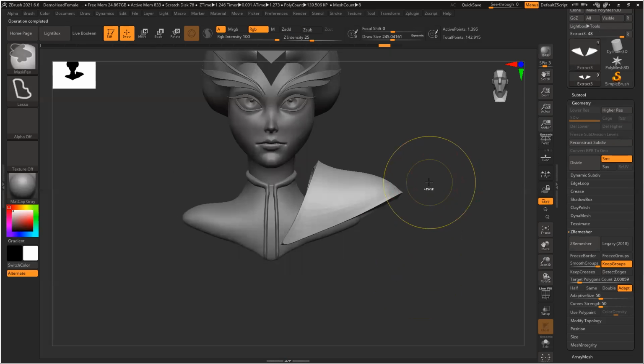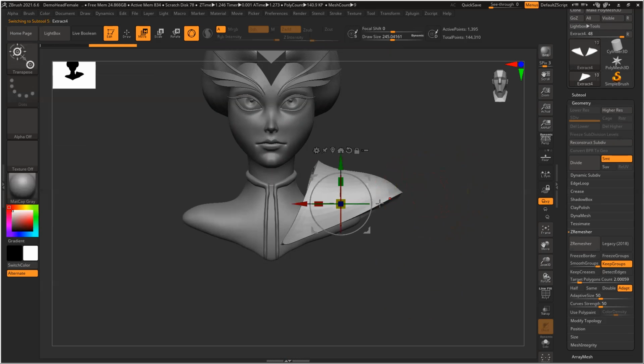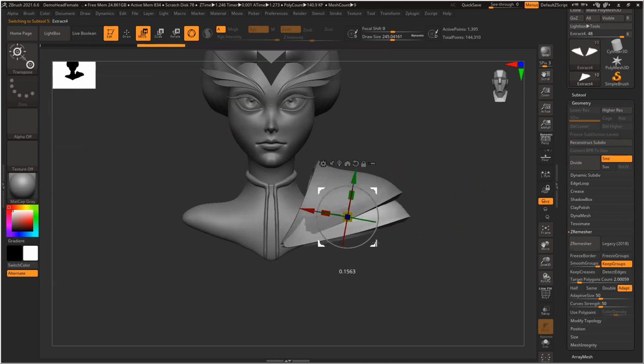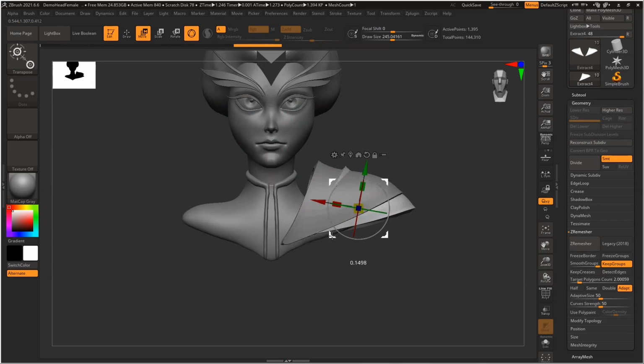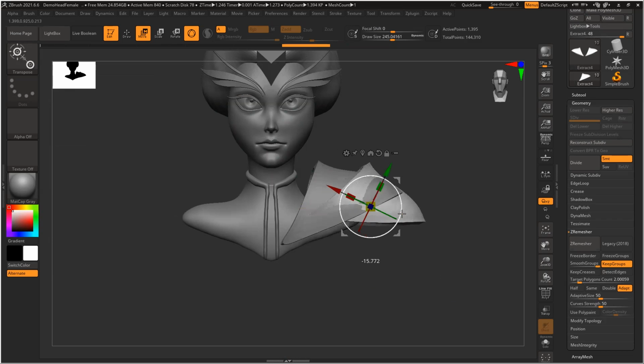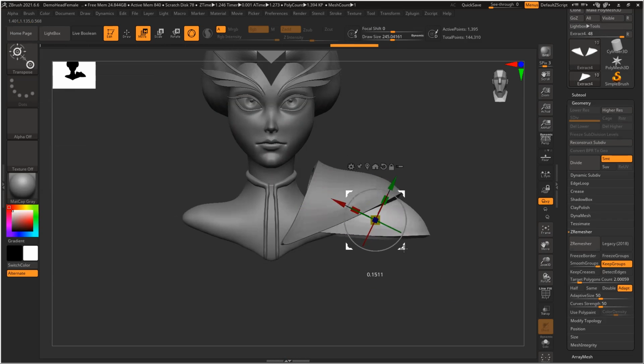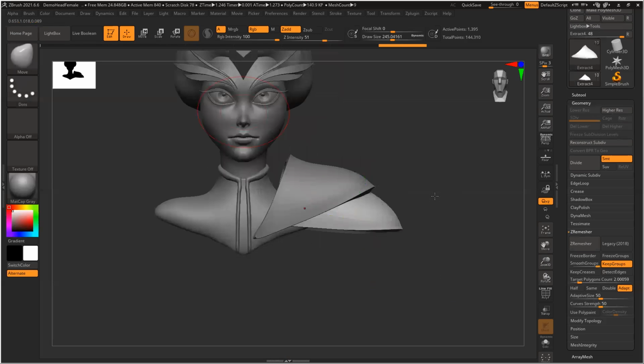Undo, Control Shift D. Like the shape, change the shape.